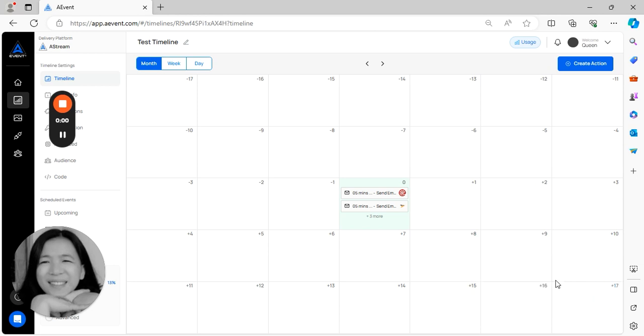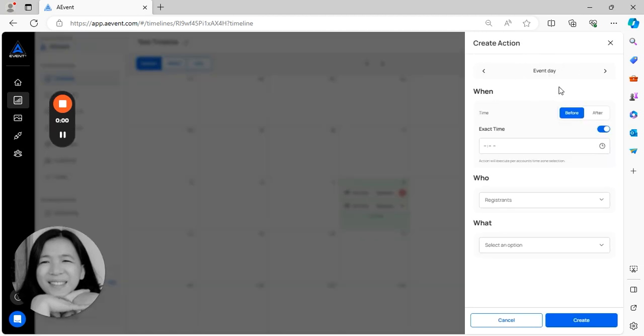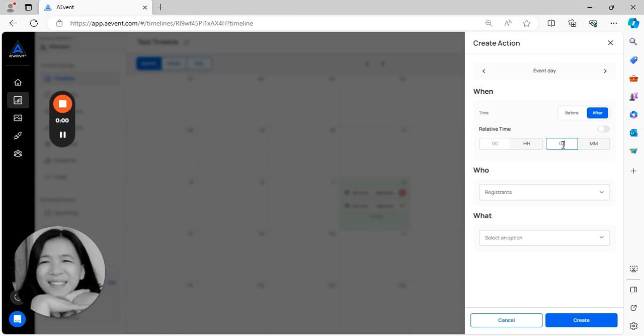So next, we will be creating a timeline action that would remove a contact from a list. So let's create a timeline action again, and same day, event day, and I'll be setting this up 30 minutes after the event has started. So for this specific action, I'll be targeting non-attendees, and